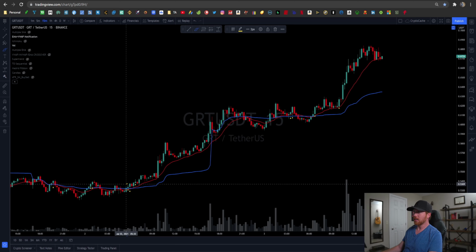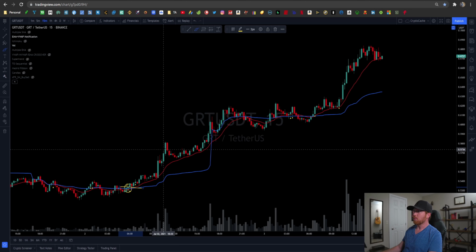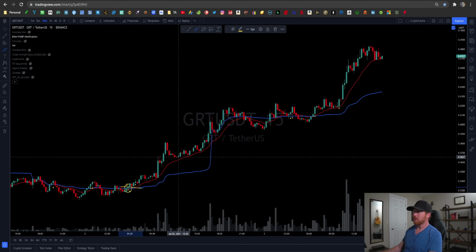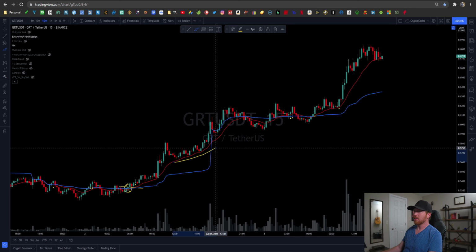So if you take an entry right back here, where I've got my notification signals telling me to take entry, you would write it up and see how it works. Then when it goes sideways here and responds to the EMA, and it continues upwards like this, that's a consideration to either add to your position, or generally speaking, the bulls are in control, okay?